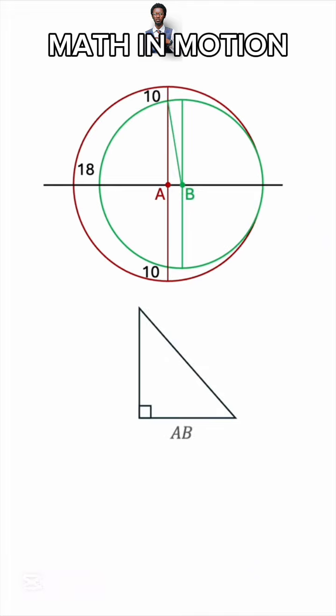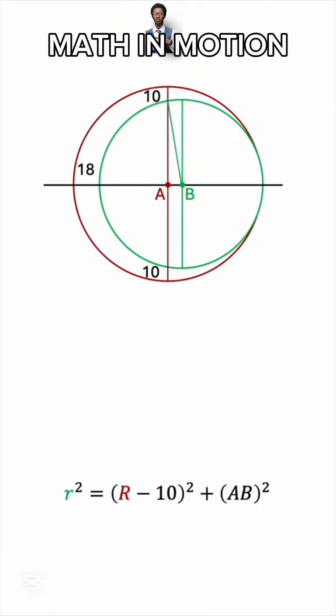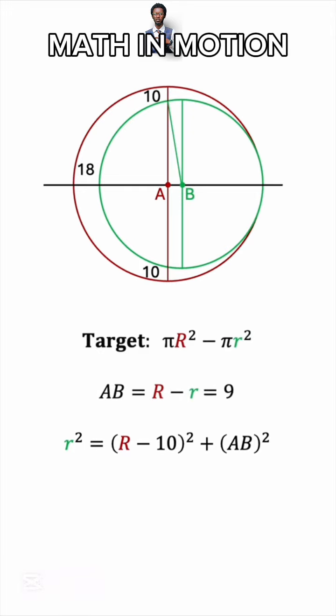The base of the triangle is AB. The hypotenuse is the radius of the small circle, and the vertical leg is actually 10 units shorter than the radius of the big circle, so big R minus 10. So using the Pythagorean theorem, we can set up another equation. Now, we know that AB is equal to 9, so we can substitute that in, and from the same equation, we